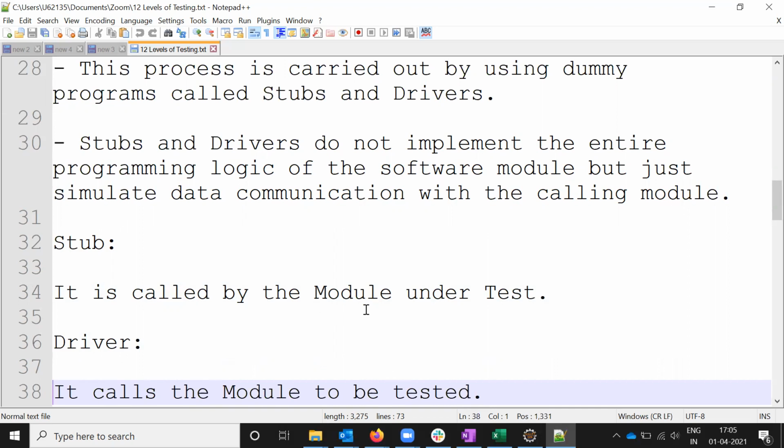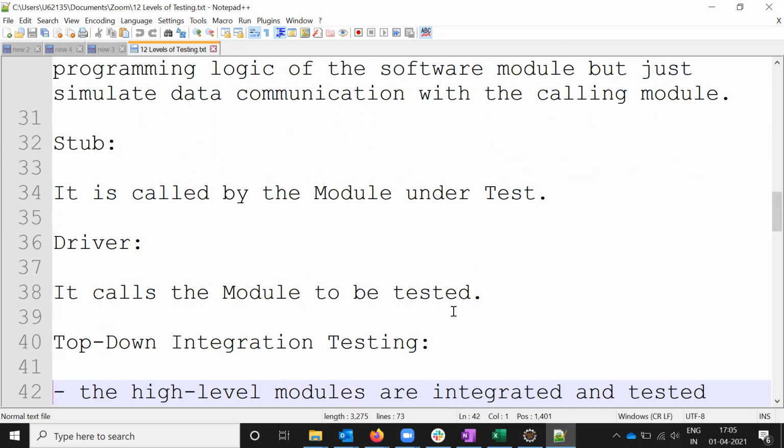A stub is nothing but a module which we are going to test. For example, if a module is adding a user or a shopping cart, in the cart there are many different kinds of items presented: shirts, ladies' shirts, gents' shirts, children's shirts, boys' or girls' shirts. That is the different categories. The place where the shirts are presented is a module that we call a stub. And a driver is nothing but the module to be tested, the one that we call.